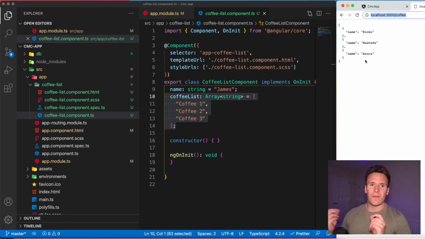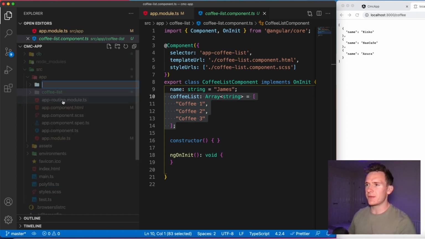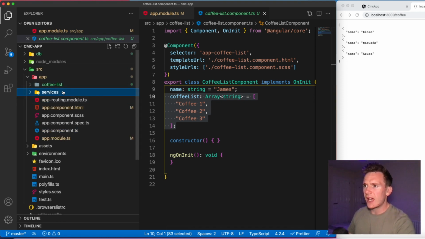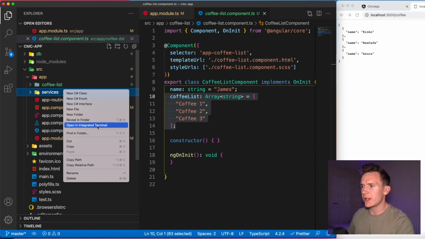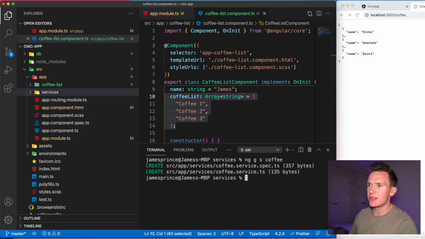So first things first, we need to generate a service, don't we? So let's have a think. Let's create a services folder in our project. Good to keep things organized. And let's do a little trick, open in terminal. And the command to generate a service is just ng, G for generate, S for service, and then the name of our service, which we will call coffee service, because that's what it goes to get. So hit enter, and it should generate for us